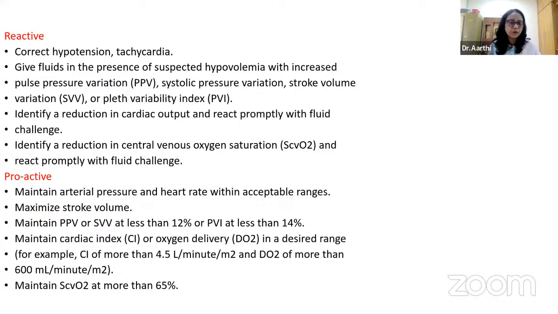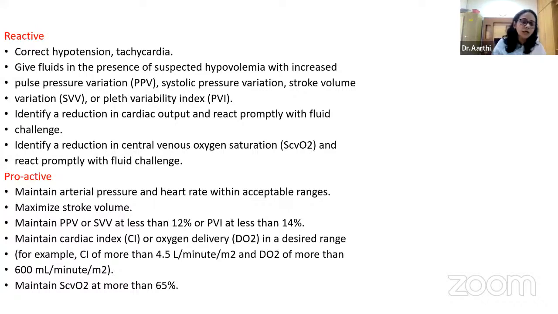to monitor the hemodynamic changes in the perioperative period and in critically ill patients, and also extend into the postoperative monitoring of patients who have hemodynamic instability. A reactive person would be to correct the changes which are happening, like to correct the hypotension, to correct the tachycardias, and give fluids when you suspect hypovolemia secondary to pulse pressure changes, and promptly react or identify the cardiac output. Whereas